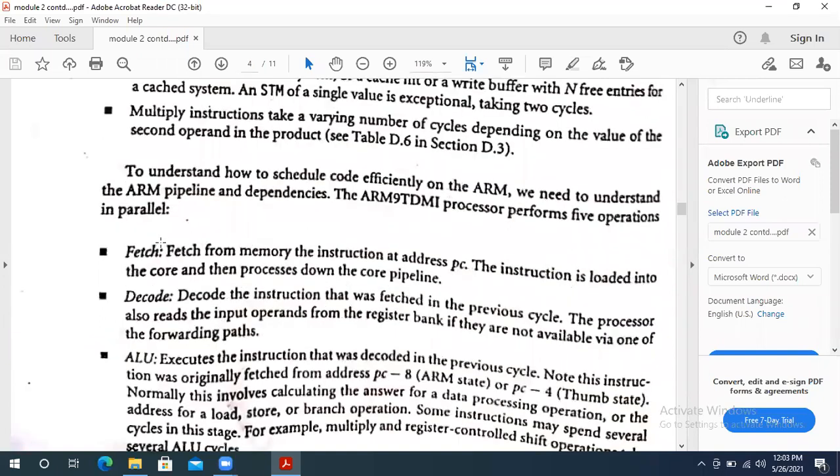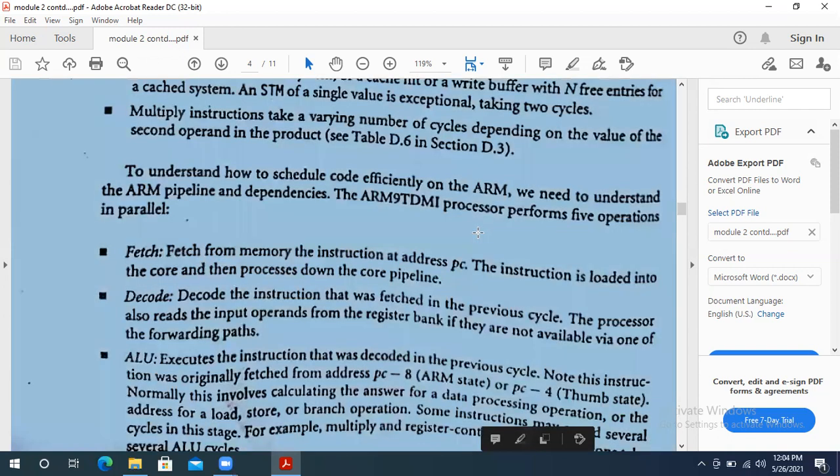Okay, so now first we'll take fetch. Fetch is nothing but fetching from the memory the instruction at the address PC. So before executing we need the inputs. All the inputs are stored in the memory. So I have to take that instruction's inputs from the memory. That is called fetching the data here. That is nothing but fetching from the memory the instruction at the PC. PC means program counter. So already we know what PC is, which holds the current execution here.